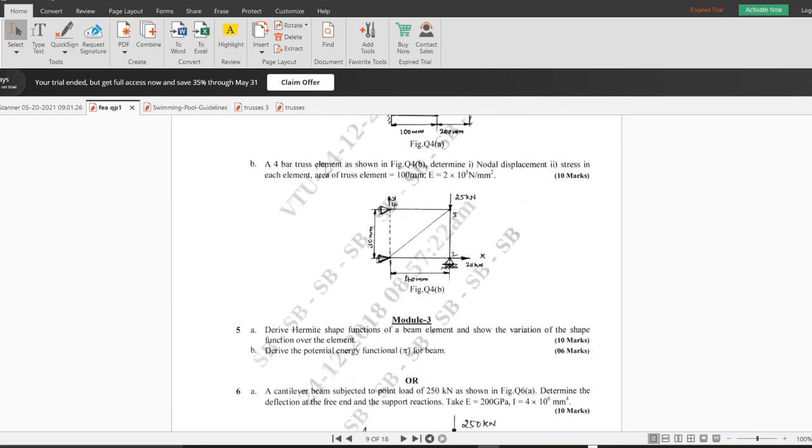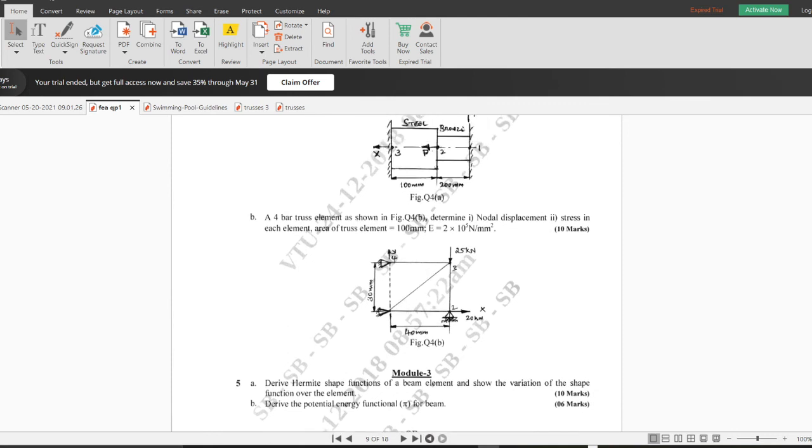Okay, next one. I think we solved the same problem. There are four elements here, four bars: 1, 2, 3, 4. Horizontally they applied 20 kilonewton, vertically 25, and here is a roller support. These two are fixed supports. We did the same problem on Monday, about 1.5 hours on this problem only. Correct? Yes, sir. The 8 by 8 matrix, the same problem.